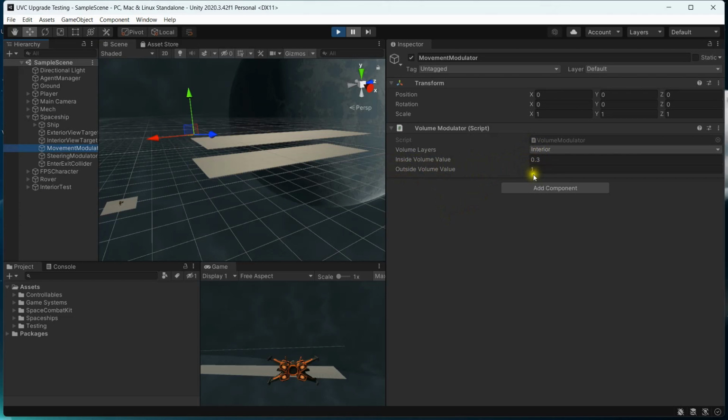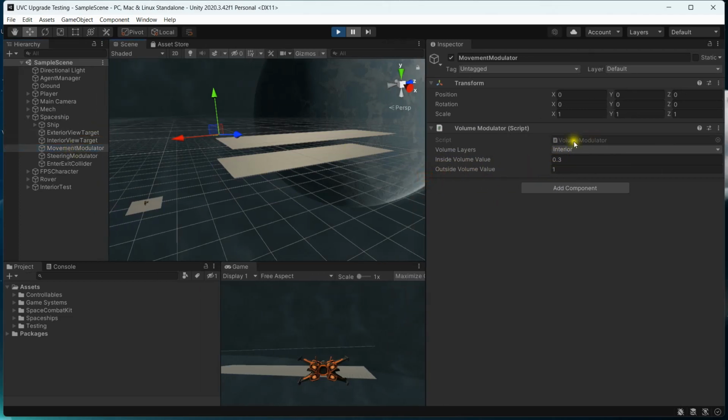And in this case, it's multiplying that value to the movement. So it means inside this area, we're going to have 0.3 movement, and outside of it, we're going to have full movement, 1. And we've got the same thing here on the steering as well,